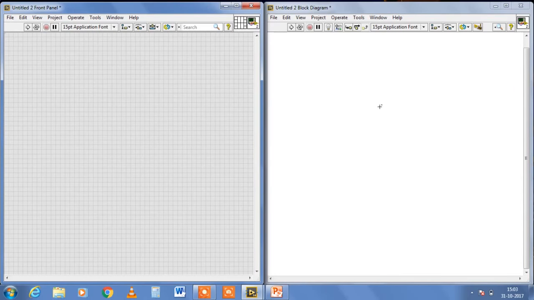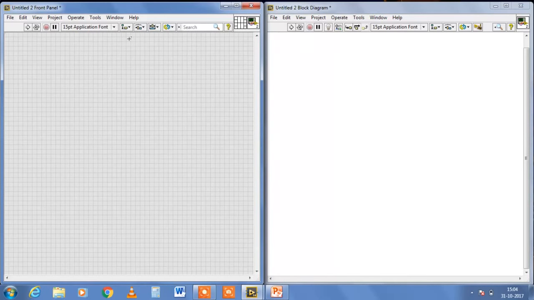Let's have a look at the software environment. On the screen you can see that two windows are available. First one is the front panel and second one is the block diagram. In the front panel window you can create your VI through the control and indicator, and the relevant block diagram appears on the block diagram window. So friends, there is a toolbar, and this toolbar is very important for your VIs, because the functions to run the VI and to stop the VI are only available on that toolbar.